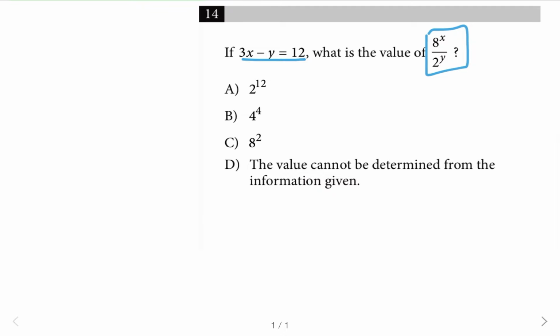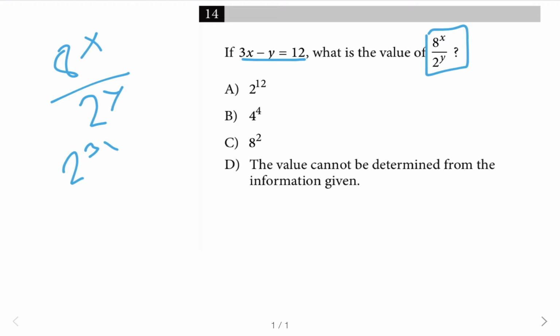Question 14 might look hard, but it's actually very simple. We have 3x minus y is equal to 12, and what is the value of 8x divided by 2y? So 8x divided by 2y, same thing. We didn't simplify it yet, so that's what we're going to do right now. We have 8x is also equal to